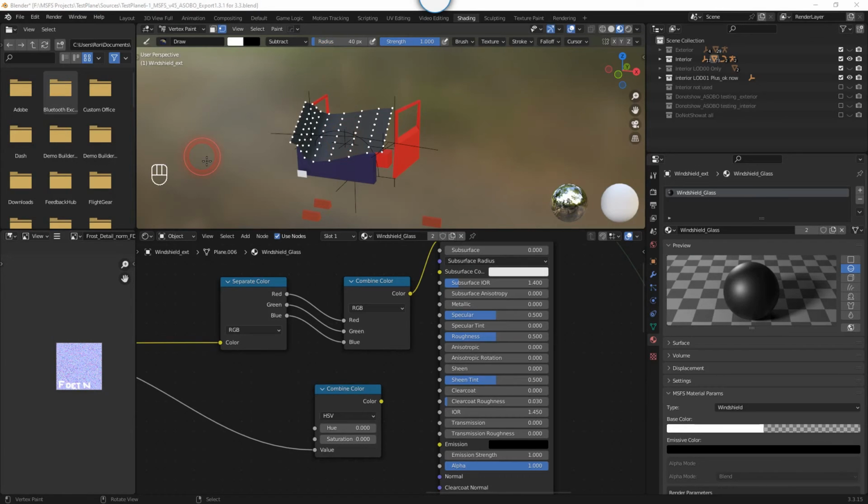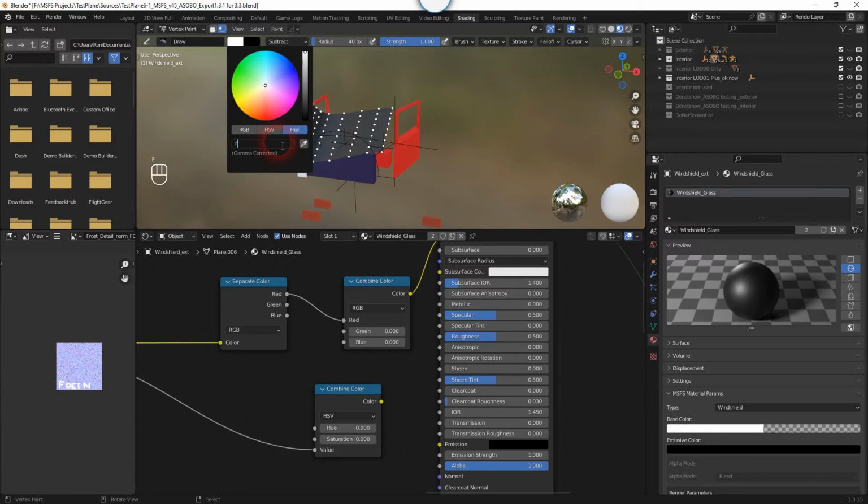And we've completely painted the windshield mesh, vertex painted it black. Now let's disconnect the link on the green and the blue. And you'll notice it's still black because the red channel is 0. There is no red channel, there is no green, and there is no blue. It stays black. And with the brush blending set to the color red this time,